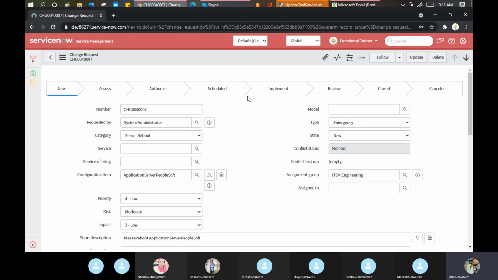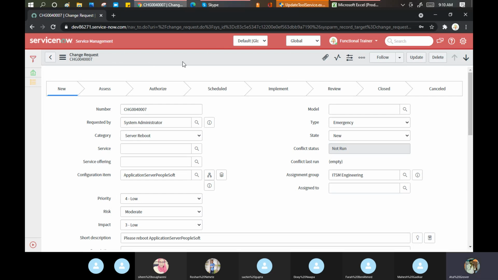Okay, no problem. Now let's come to the next part, basically the record view, or this is called the form view, or you can say the record view. A few basic things which I'm telling you, you need to remember because these things can be asked in the interview as well.